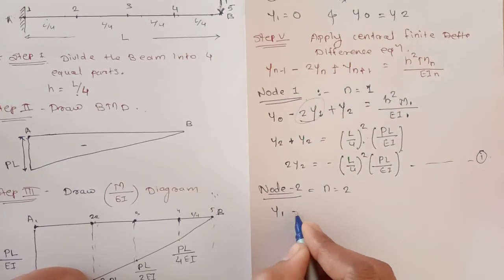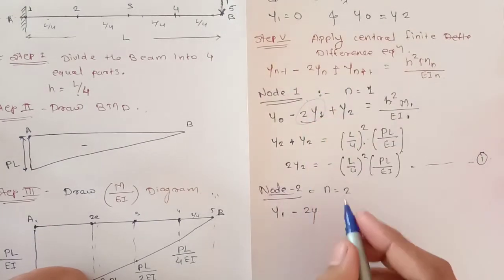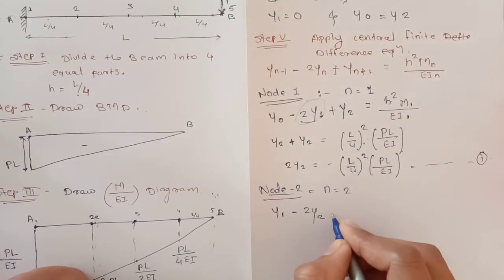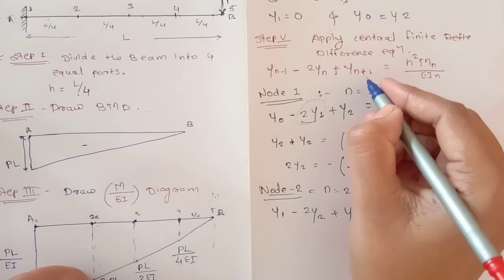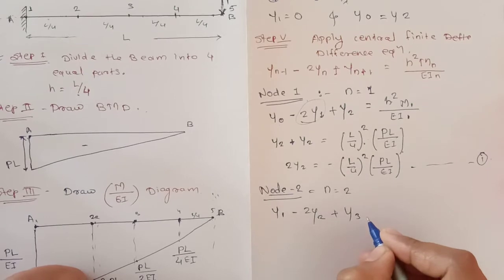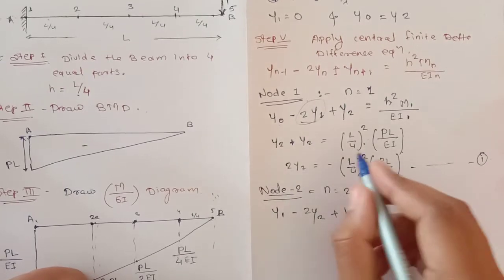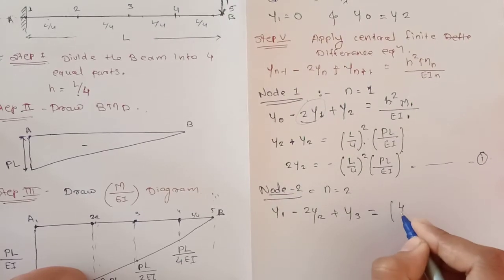That is y1 minus this 2y base to n, that means n is 2, plus y n plus 1, that is 2 plus 1 is equal to 3, is equal to h, which is nothing but L by 4